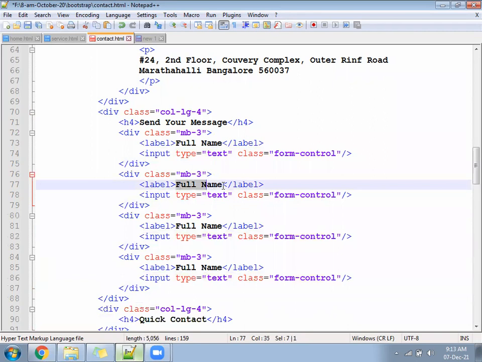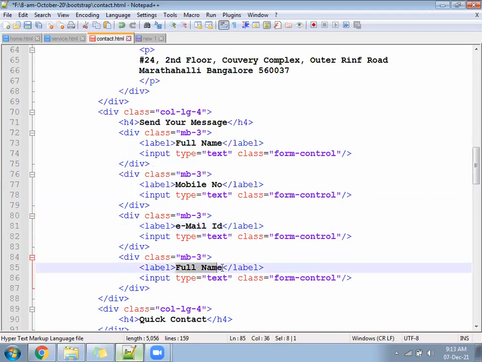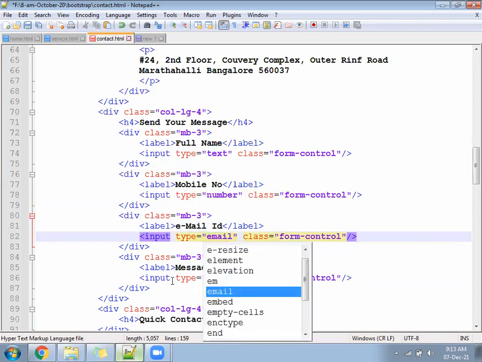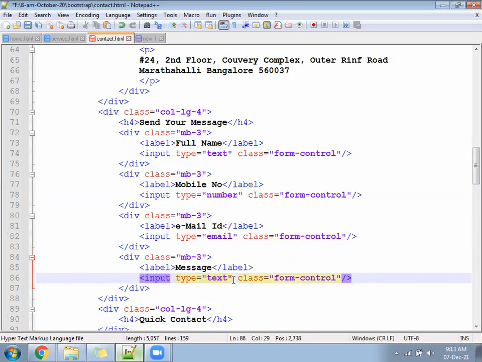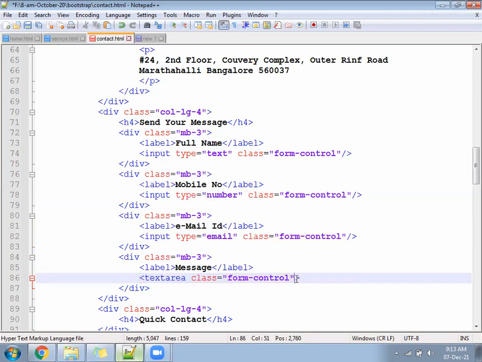Full name, mobile number, email ID, and then message. Type will be number, type will be email, and here it will be a textarea open, textarea close.